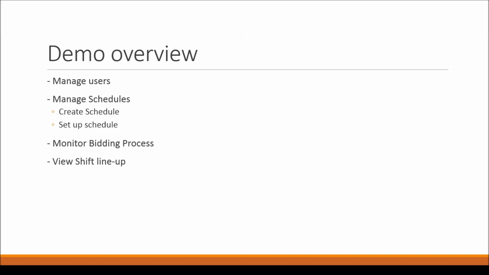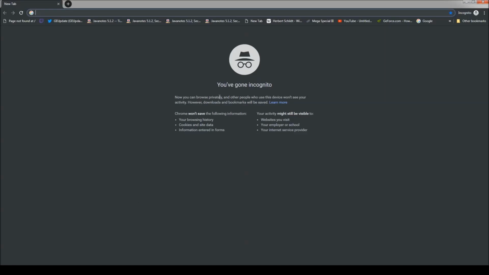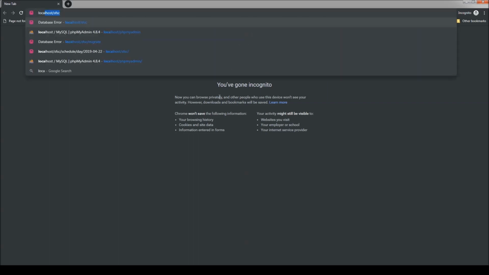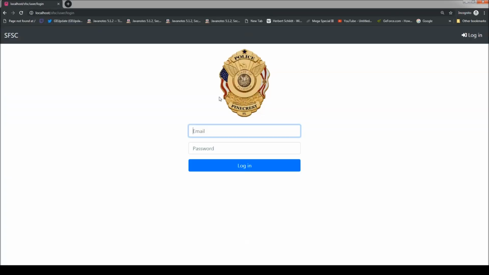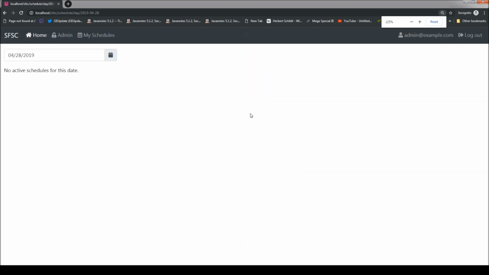So I'm gonna open up a web browser, and I'm gonna visit localhost/SFSC, and it's gonna take me to the login page, and I'm gonna go ahead and log in as an admin, and I get redirected to the home page. What I'm gonna do now is visit the administration page,